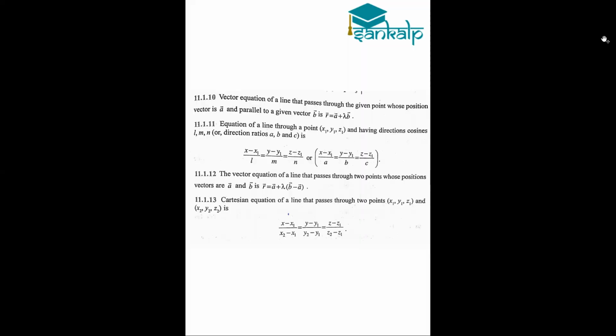So these were a few points regarding planes. Next, we will discuss a few points regarding the equation of lines. Next, equation of lines. So the first equation of the line is the line passing through a given point and